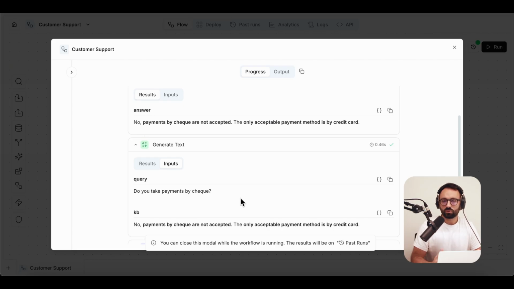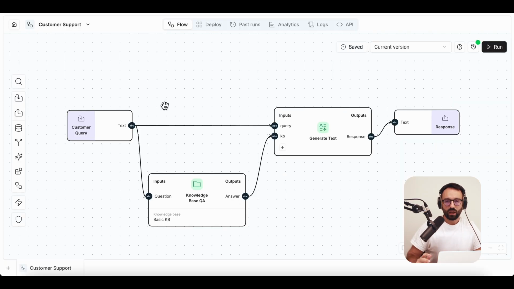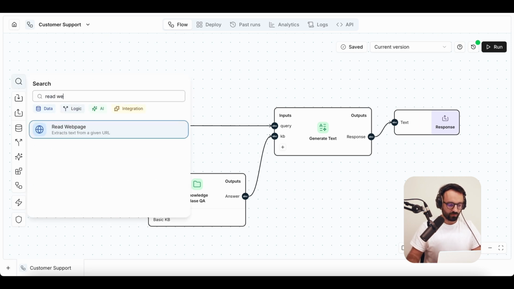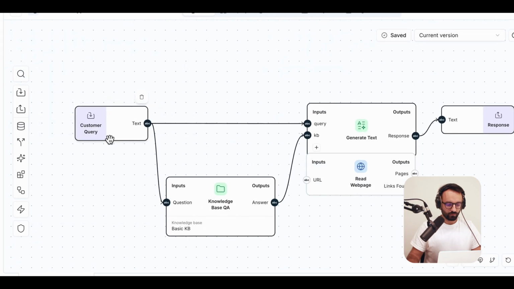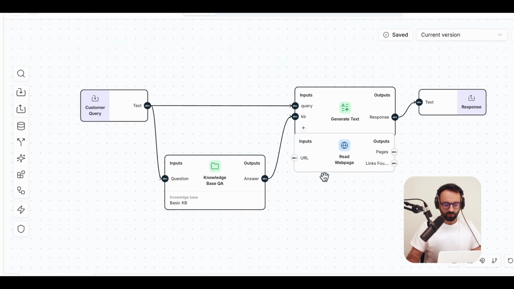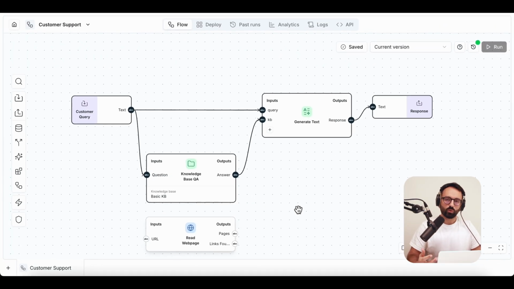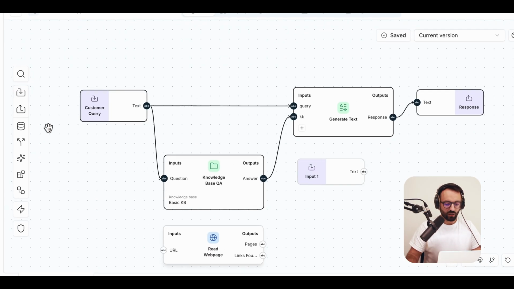And let's add a new data source that our agent can work off of, an FAQ page. To add our FAQ page, let's start by adding a new node. Read web page, which I'll drag down here. Read web page takes in a URL and provides the contents of the page as text, which we can then provide to our agent. So let's go ahead and add a new input for our URL,